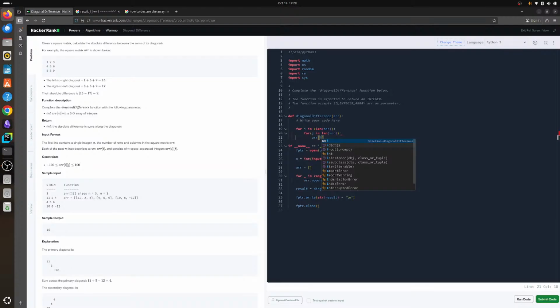How can I identify only the diagonals? How can I fetch only the diagonals? In a square matrix the diagonals will be what? 0 0, 1 1, 2 2, like this, right? arr of